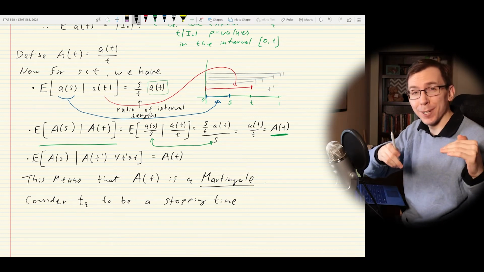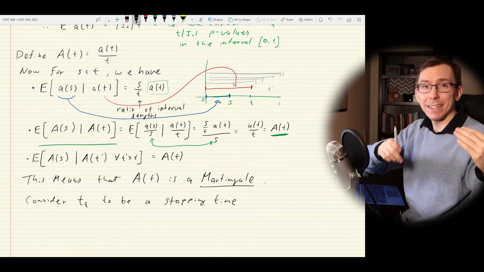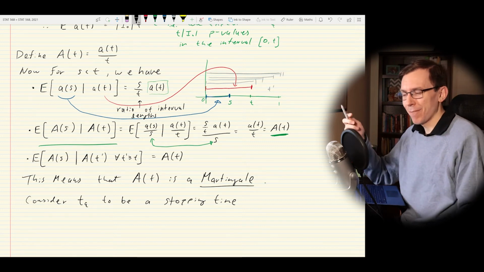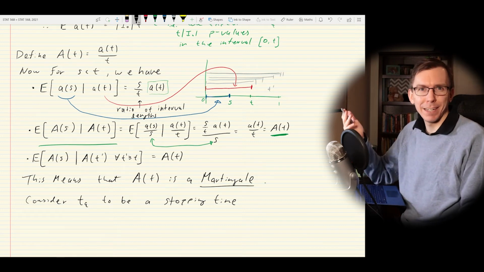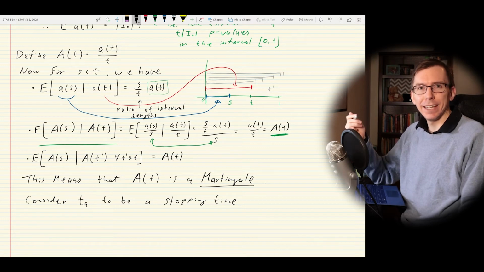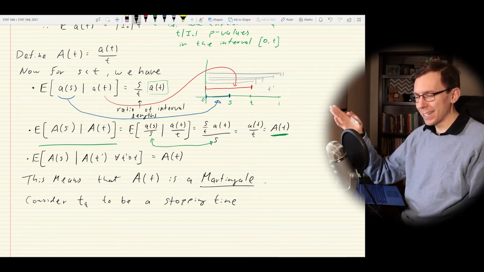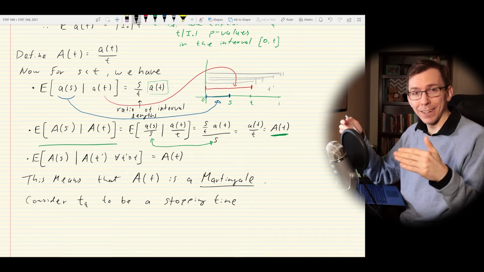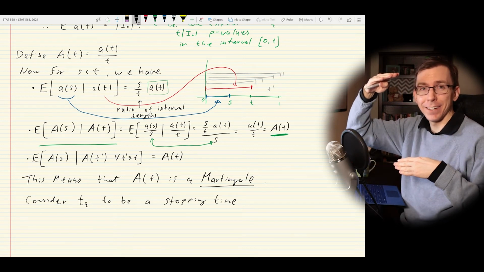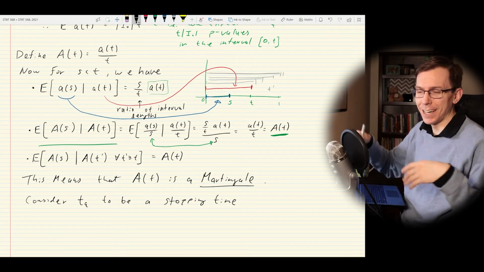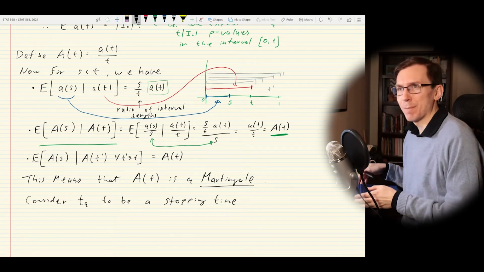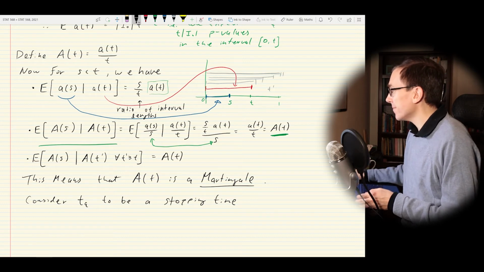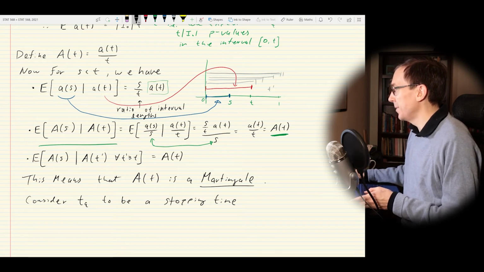We don't know when it's going to occur, but if it does, then we stop and we would typically do something. Again, the easiest example would be if you're watching the market and you have a random price. I don't know what it's going to do. It's going to go up, it's going to go down, it's going to wiggle all around. Once it hits a certain value, then we stop and maybe sell it off and either make a profit or cut our losses. In this case, we can think of TQ as a stopping time